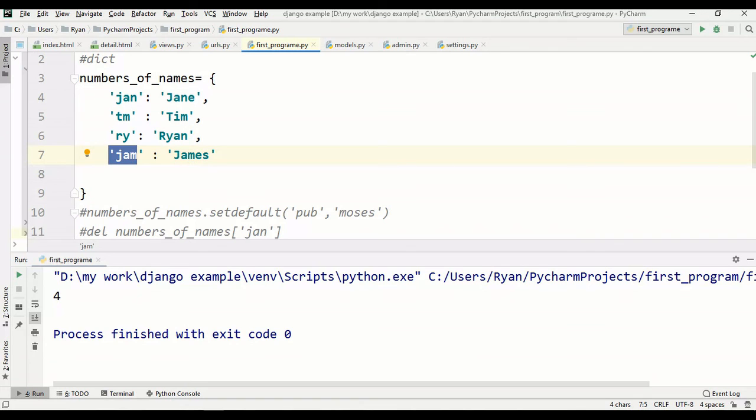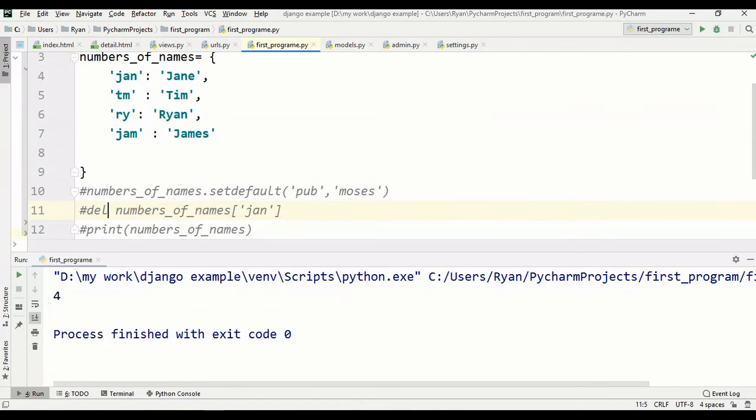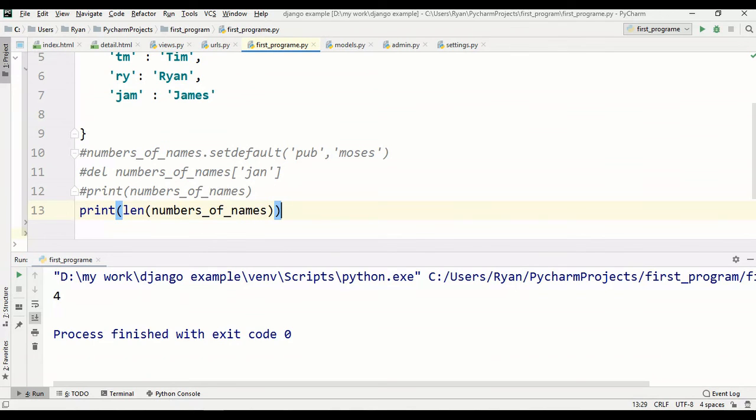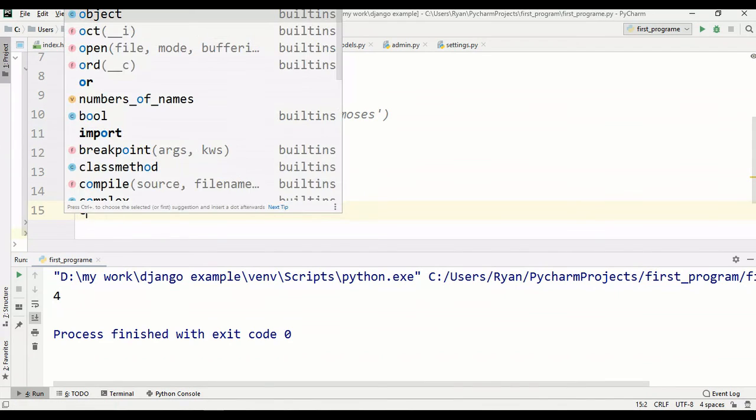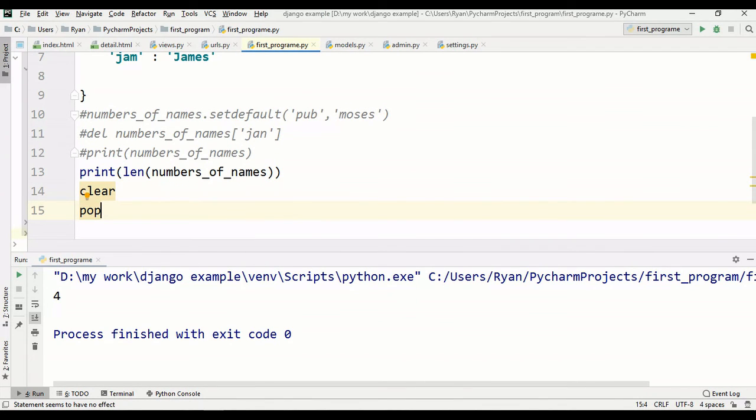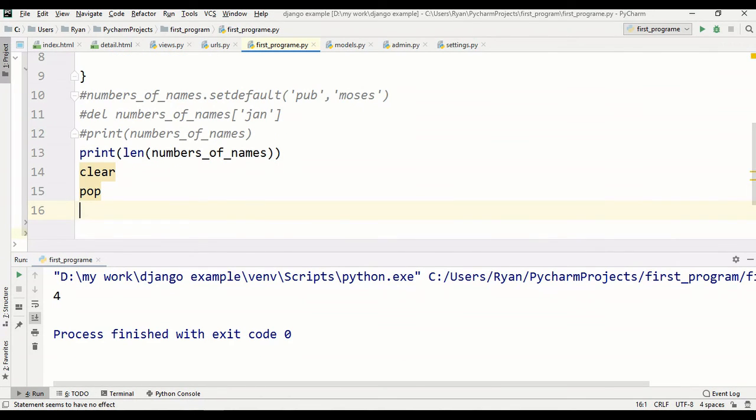So there are many other methods, like the clear method. We have pop. The pop method removes keys. The clear method makes the dictionary empty. We have also the update method. The update method just updates, and you make another